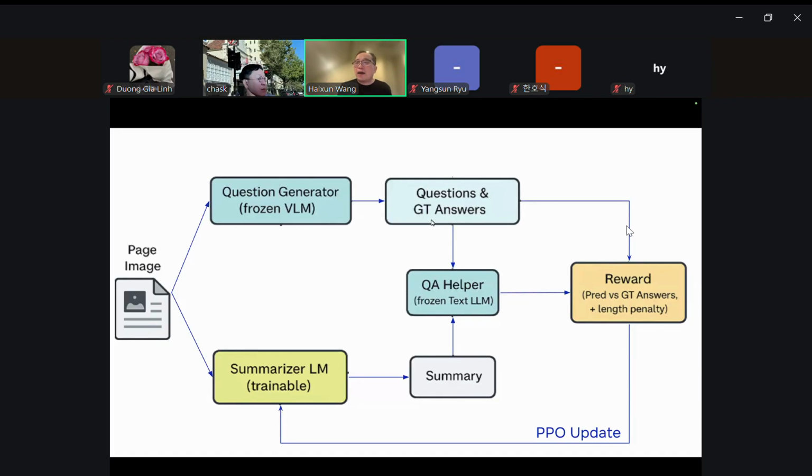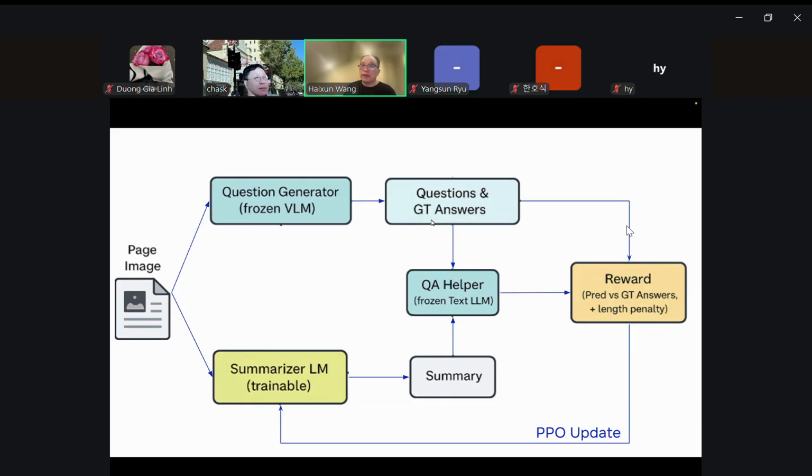We have a set of questions, which are legal related questions, and since we know their answers, we want to use these questions and answers to train this summarizer. After a lot of training, the summarizer gets better and better at summarizing an image into the best description, so that this description can best be used to answer all these relevant questions.